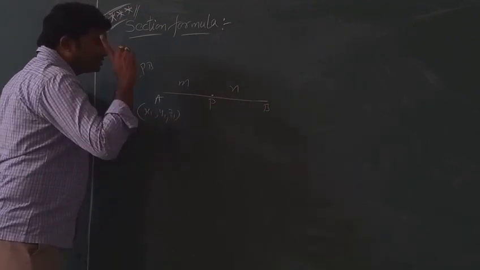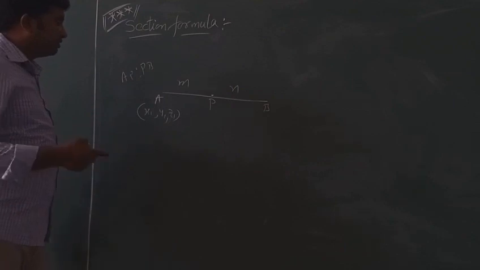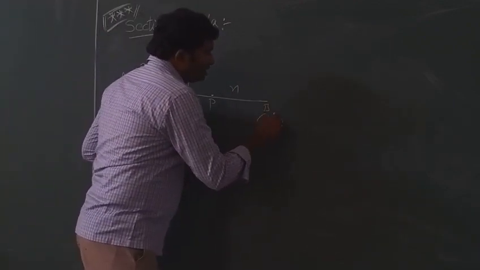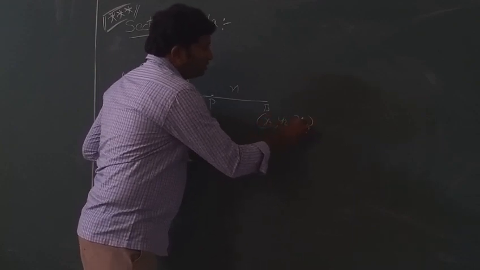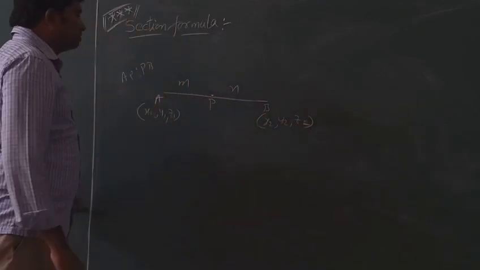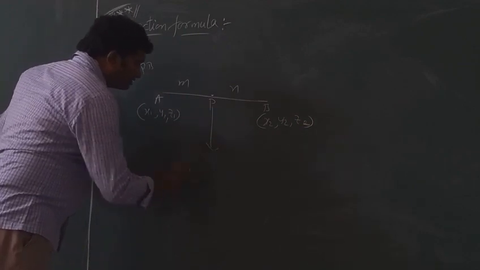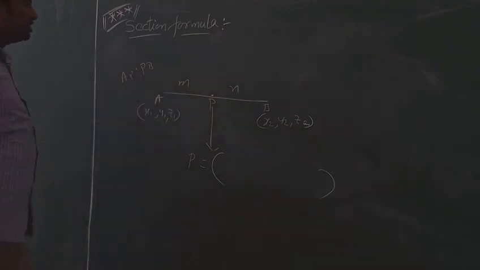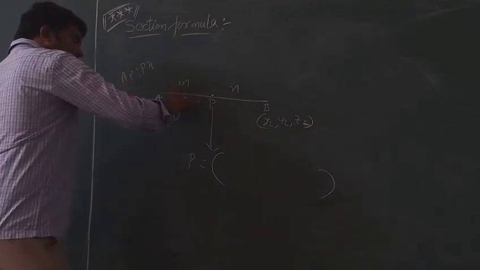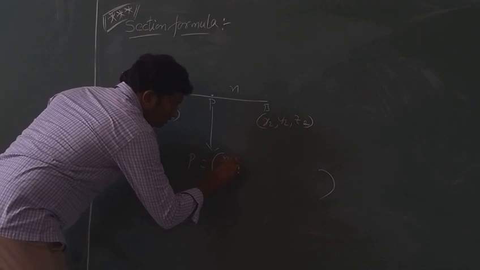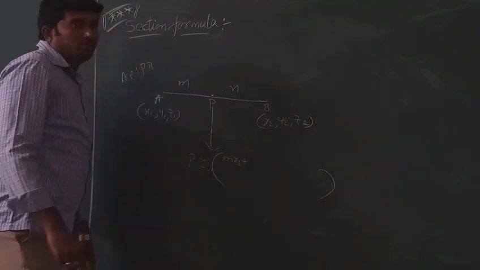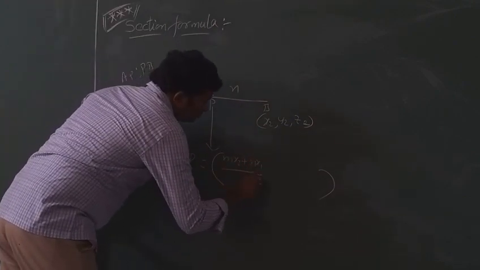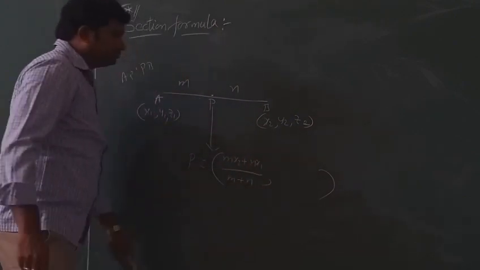If you take Z1, first here 3D geometry: distance formula, next the section formula derivation, right? Next B is the other end of the segment, that is X2, Y2, Z2. Don't write anything, just listen. We want the coordinates of the point P, that is the section formula, right? What are the coordinates of the point P? Tell me. M into X2, we already derived this in first PUC, 3D geometry, right? Mx2 plus Nx1 by M plus N.